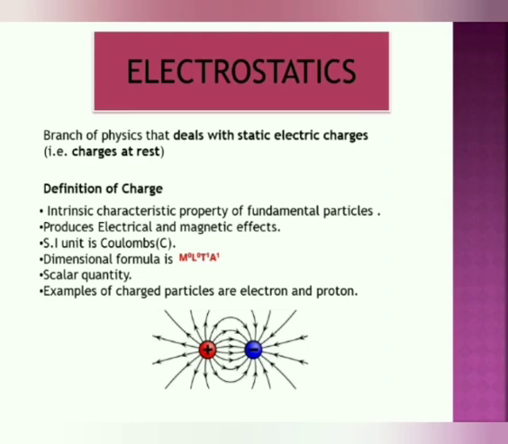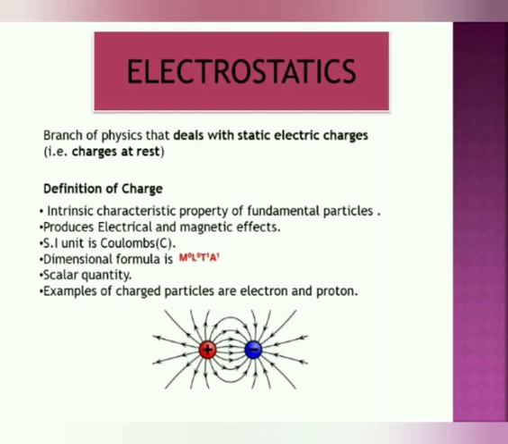Charge is an intrinsic characteristic property of a fundamental particle, just like mass. That means every object, whether as small as a subatomic particle or very large, has a certain mass. For example, an electron's mass is 9.1 × 10^-31 kg. Although it is very small, it is still there. Similarly, every object has charge in it, from something as huge as the Earth to a subatomic particle like the electron, which has a charge of 1.6 × 10^-19 coulombs.